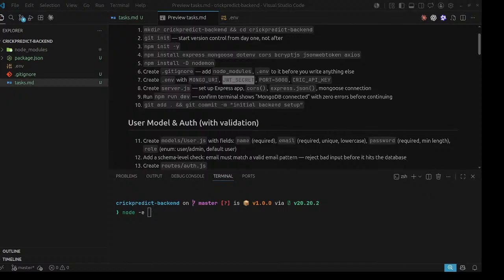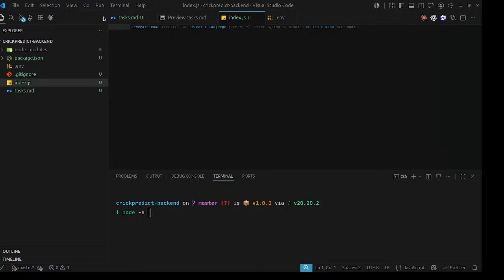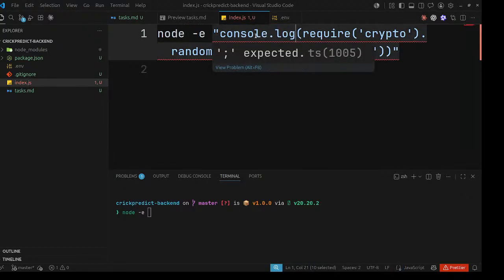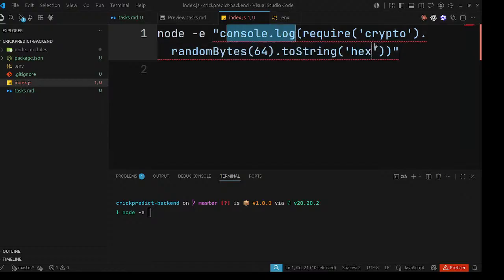Basically, in index.js we have to run this code. Node means Node.js. We are asking Node.js, hey Node, run this file. Log in the console with that thing, which is